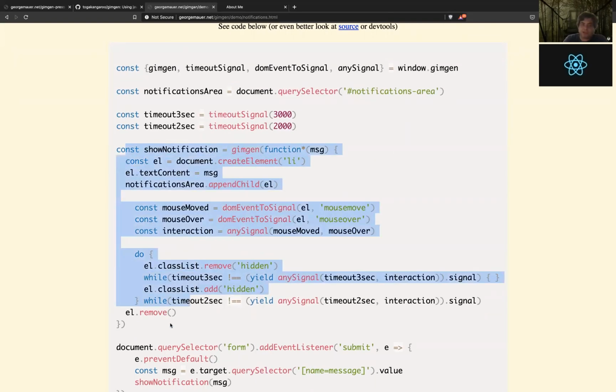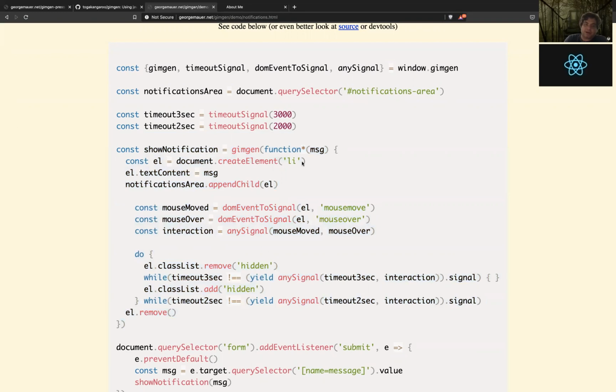Well, it's basically this, and once you learn to read it, it's saying exactly what I just told you. We create a list item with its message and append it to the notifications area. The things we care about are the mouse move signal and the mouse over signal.